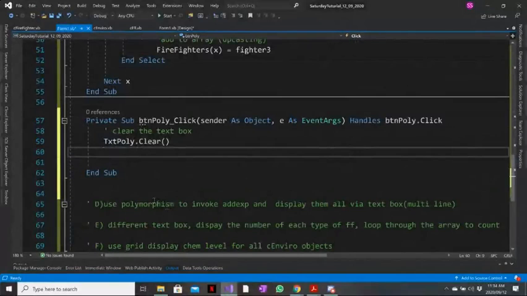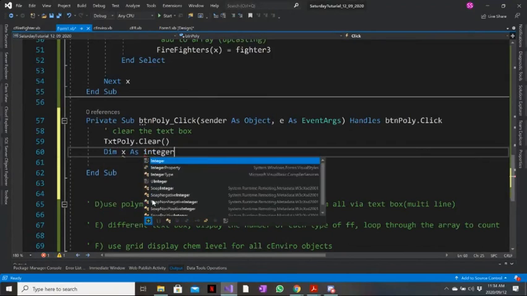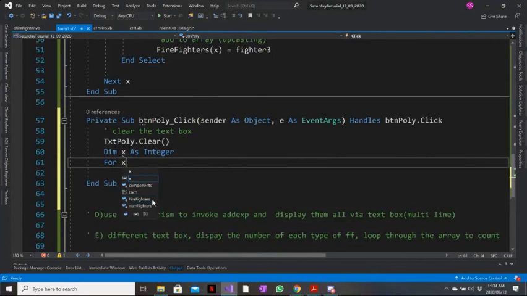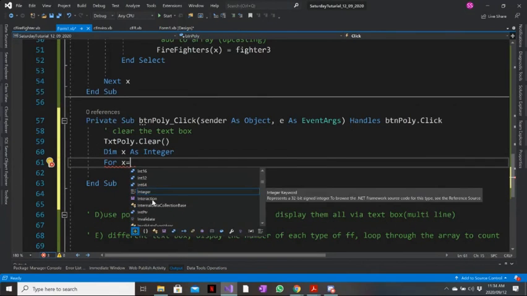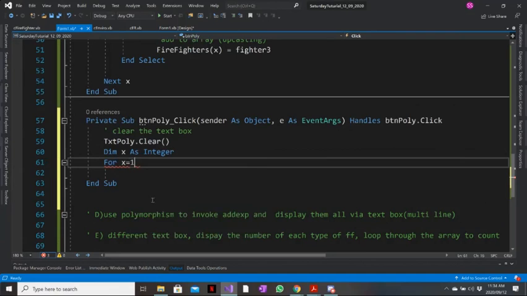So now we know the number of fighters, we can loop through the number of fighters and we can literally go call the add experience and then literally just display them. So it's going to be a quick and easy kind of thing. So we're going to go x as integer, for x equals 1 to